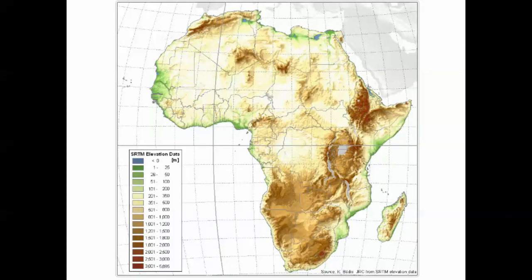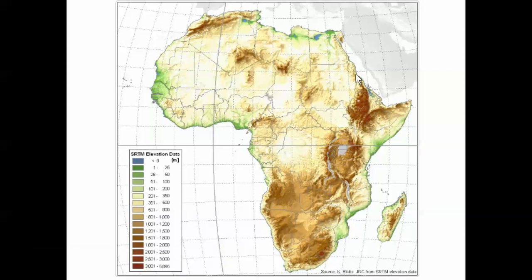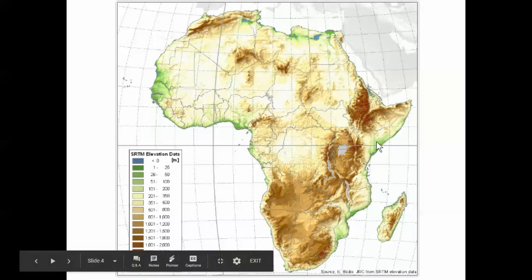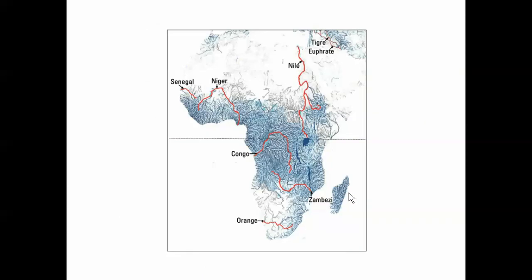Now, what does this do? Well, again, let's take a look at this from a couple of standpoints. As I said, the Great Escarpment essentially is this complex of rather high, one-sided mountains that go all the way around a significant portion of the African continent. That means we have highland areas throughout the center and very, very low coasts. That also means that the rivers flow from the interior rather complexly, and for the most part, we have a lot of rivers emptying to the west, a lot fewer major rivers emptying to the east.